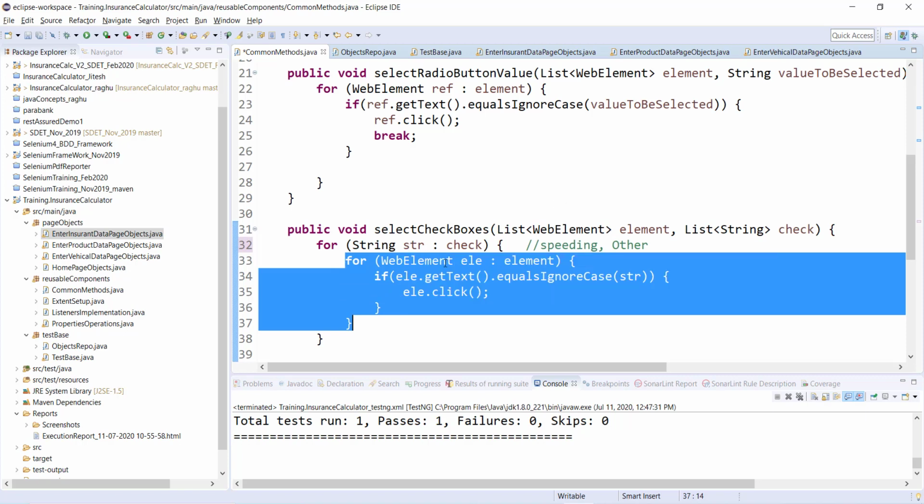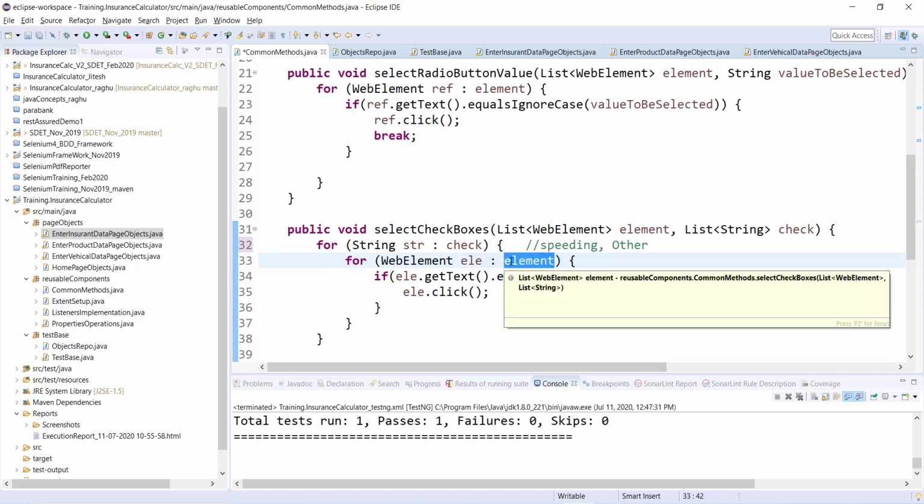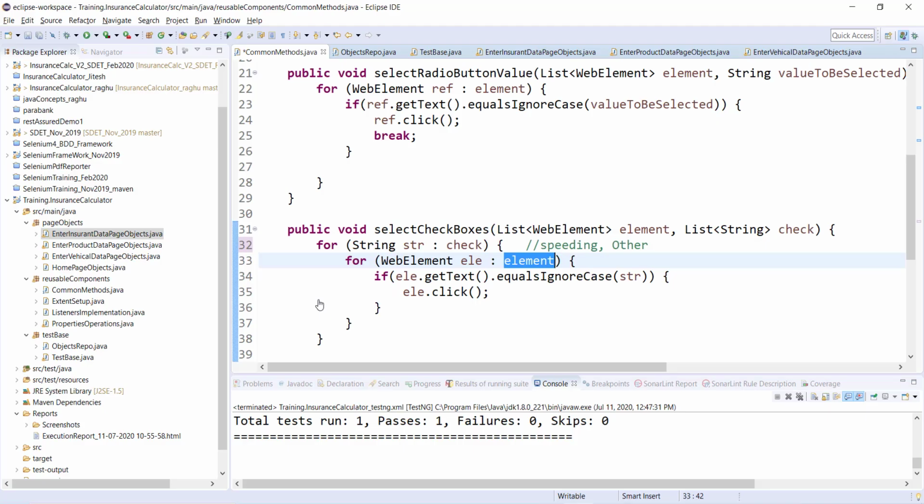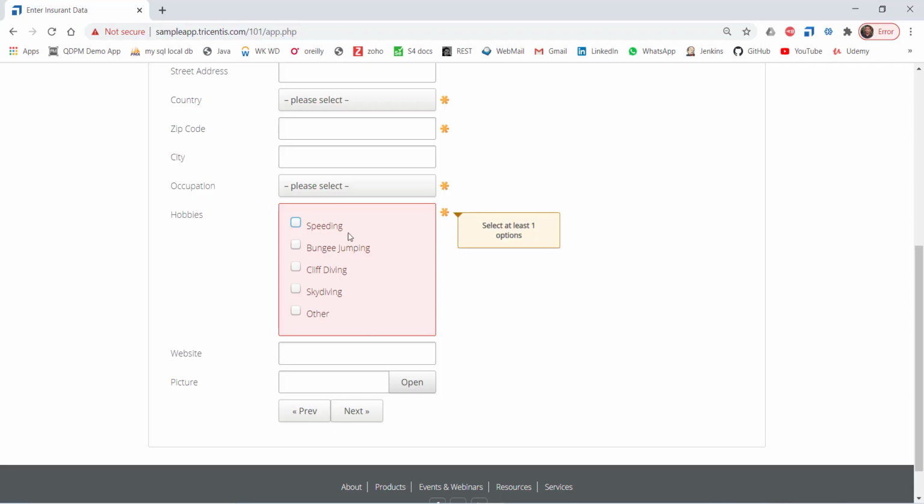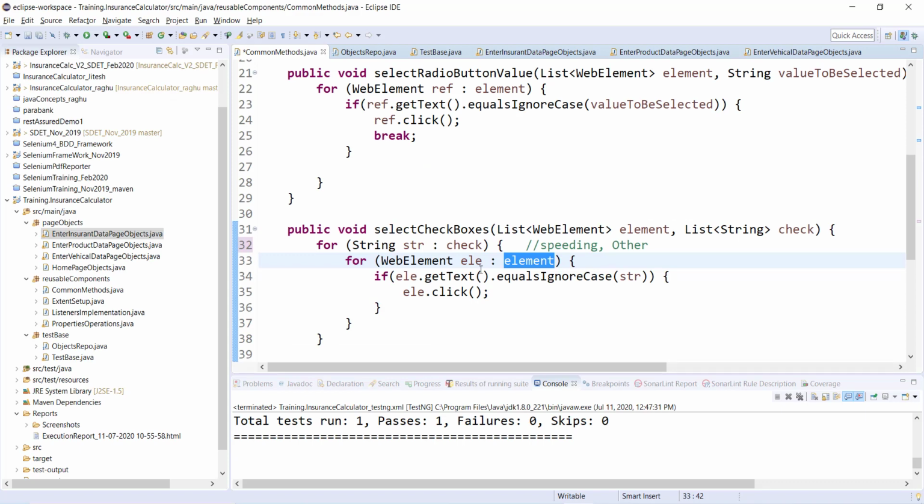In this particular element I have five elements, and in the first element it is speeding. So in the first element itself the match is found, so it will click on the element, and then I should break this inner for loop so that it will jump back to the outer for loop.